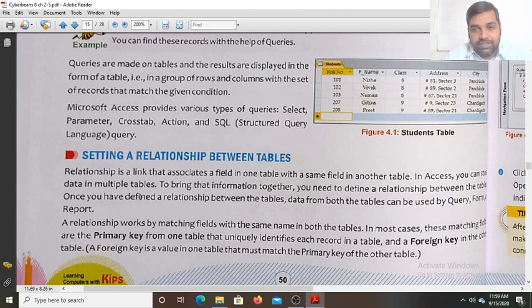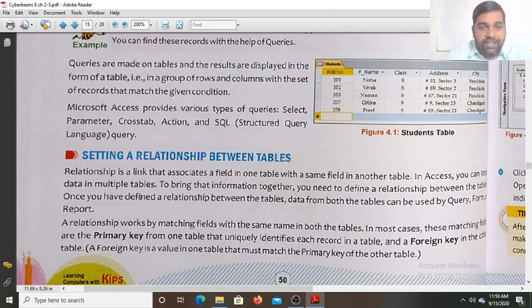If in one table a field is declared primary, then in another table the same field will work as a foreign key. This means in the student information table, roll number is the primary key, and in the student marks table, roll number is the foreign key.